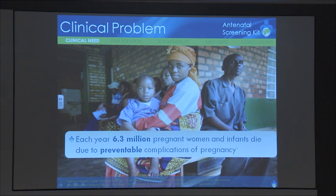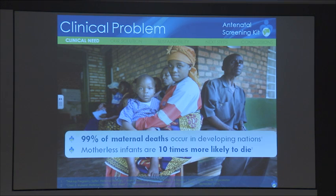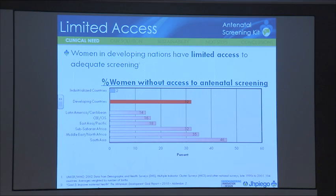Every year, 6.3 million pregnant women and children die from complications during pregnancy. 99% of maternal deaths occur in developing nations, and studies have shown that motherless infants are 10 times more likely to die prematurely. Now, these deaths can largely be attributed to the limited access that women in developing countries have